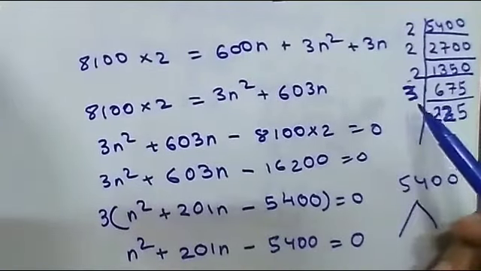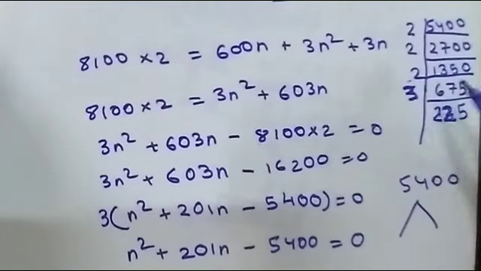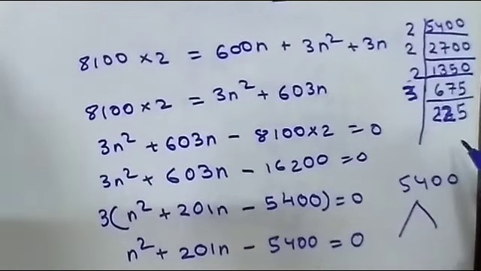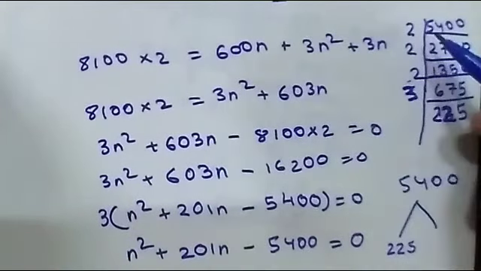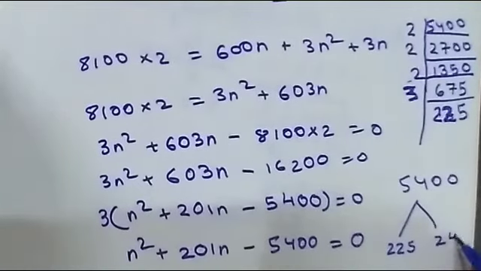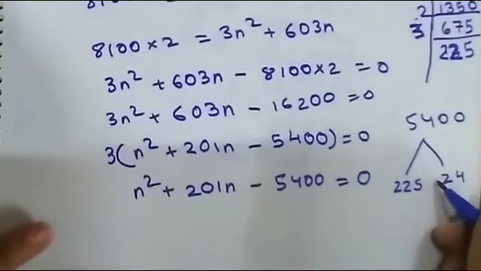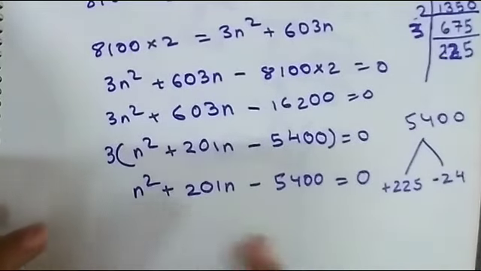Now we will factorize it by 3. So always take the least prime number. So first 2 we will take because it is the lowest. Then after 2 what comes? 3. So we have taken 3. Now 3 into 225. Now if we will see, first we will write 225 here. 2 into 2 into 2 is 8 and 8 into 3 is 24. So 24 here. So if you can see, if we will do 225 minus 24, we will get